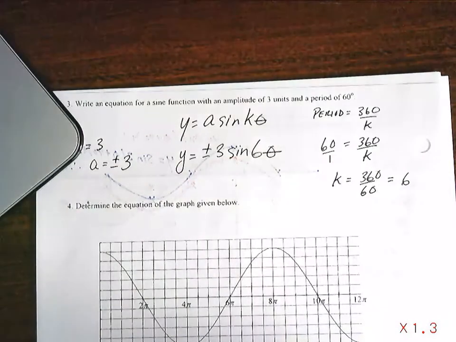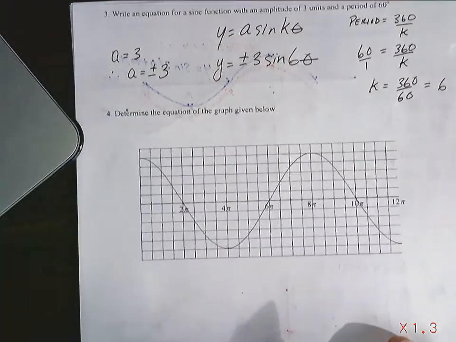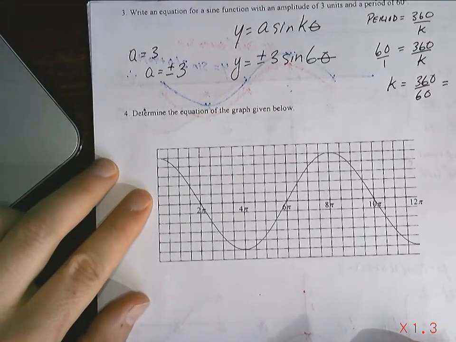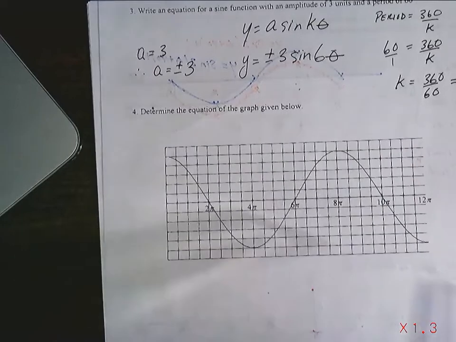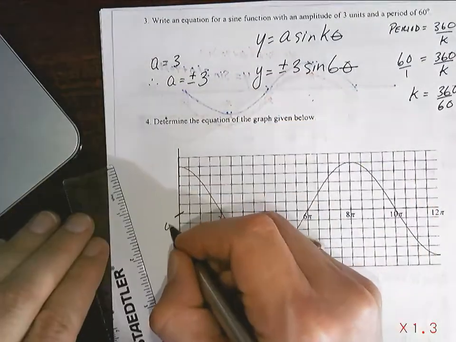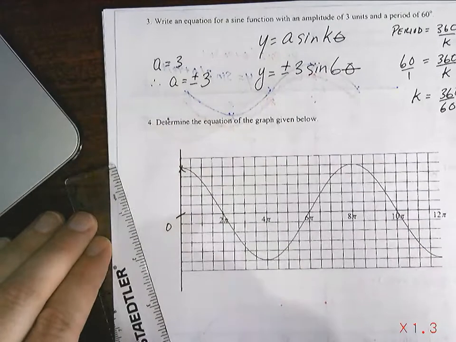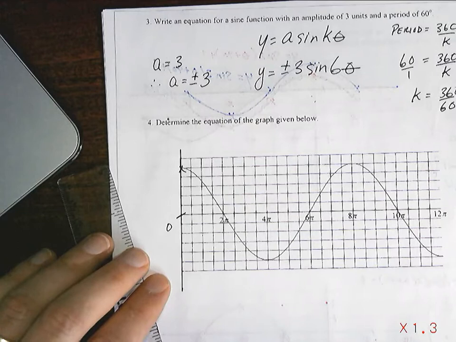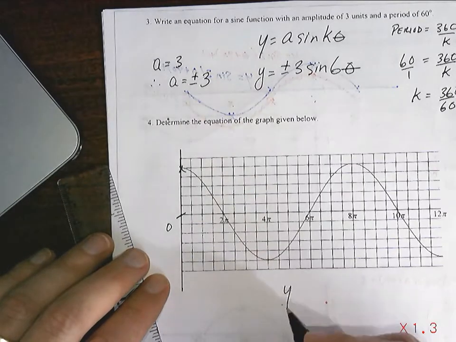Okay, next one. Determine the equation of the graph given below. All right. Well, this looks like the start, so that looks like 0. This looks like it's hitting its maximum, so I'd be inclined to consider this a cosine curve, would you? I'm thinking cosine. So now I'm thinking,